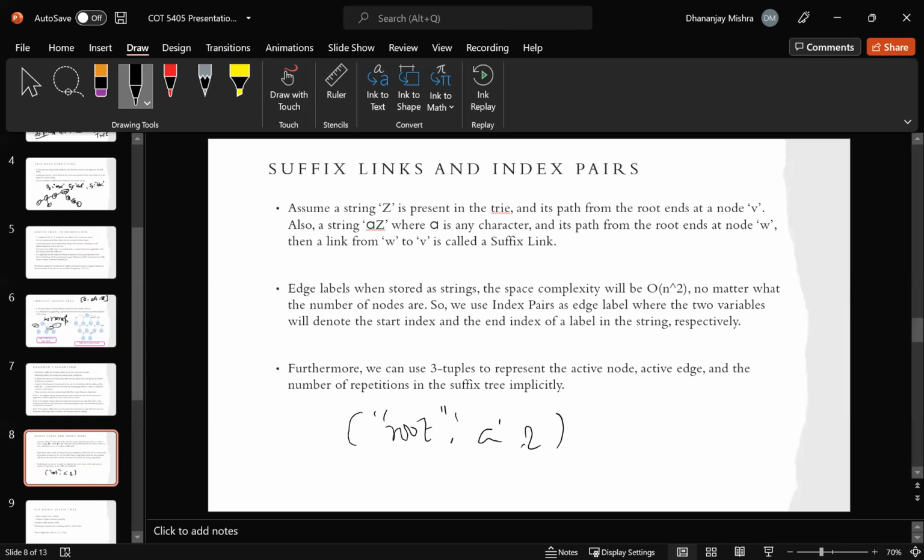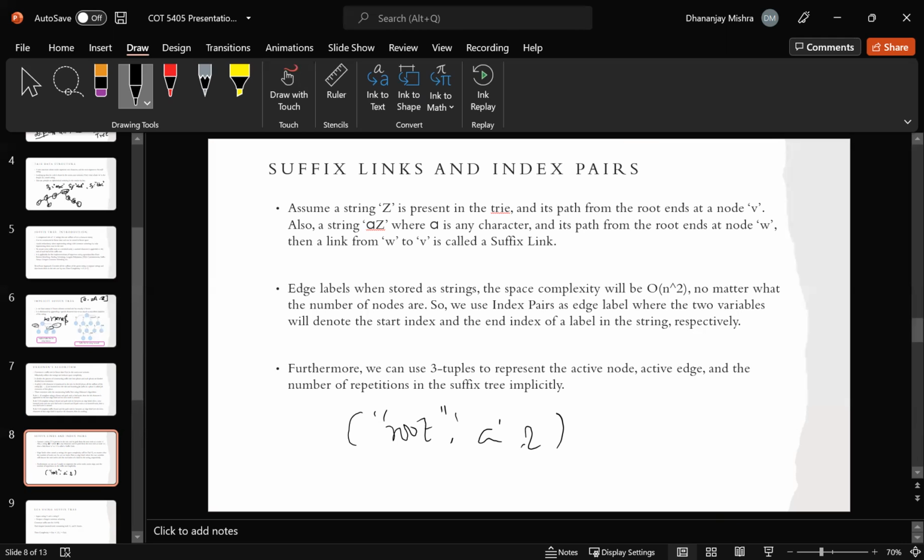So the thing we have to keep in mind is that if we apply rule 3 at phase I in extension J for the first time, then the remaining extensions will be applying the same rule. We won't be switching back to rule 2 or rule 1. Only rule 2 creates a new leaf node. A new leaf node created will always remain a leaf node. Only the edge label of the edge between itself and its parent will keep on increasing because of the application of